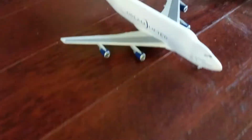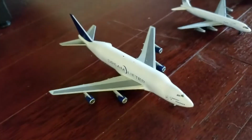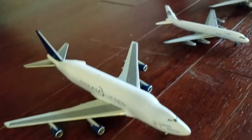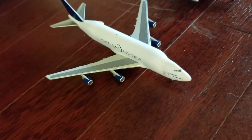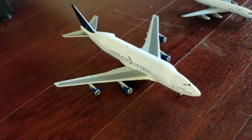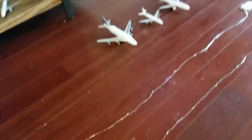And Dreamlifter 747, I forgot what's at the end of it. This is operated by Atlas Air, and it's heading back out to Everett after its overnight stay as well. So those two are headed back out to Everett, and